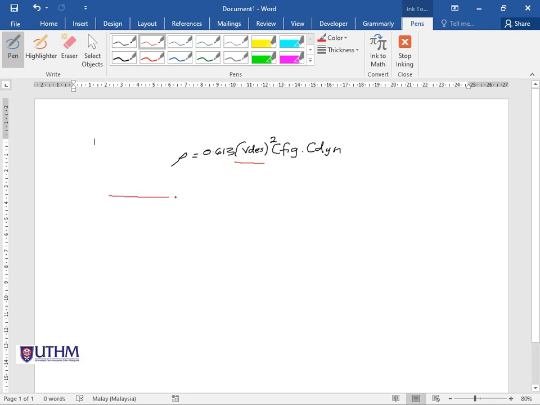This value is the V design, the wind speed design. It is equal to V seat multiplied with L, and this V seat is the site wind speed. So this is the site wind speed, and the equation for this site wind speed is